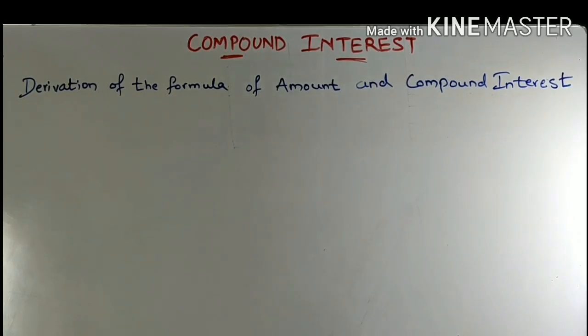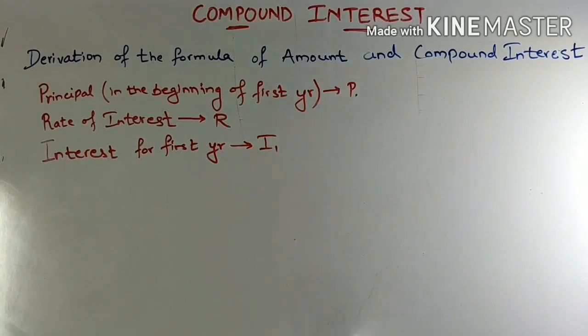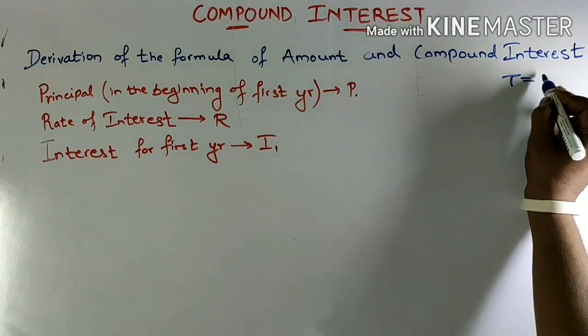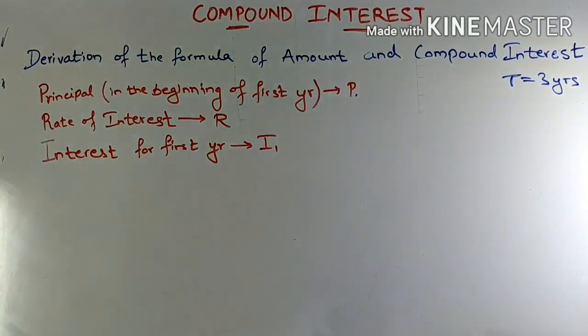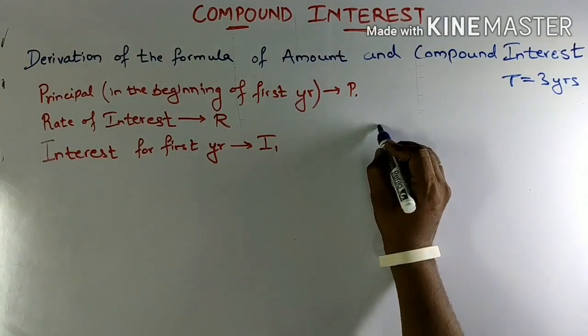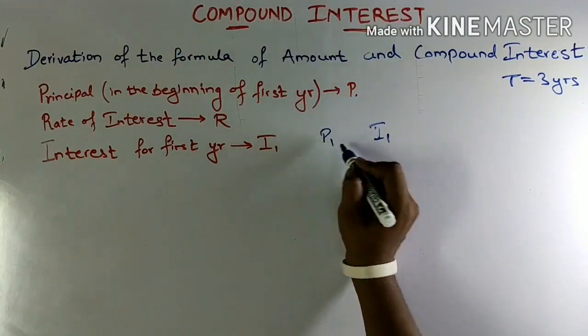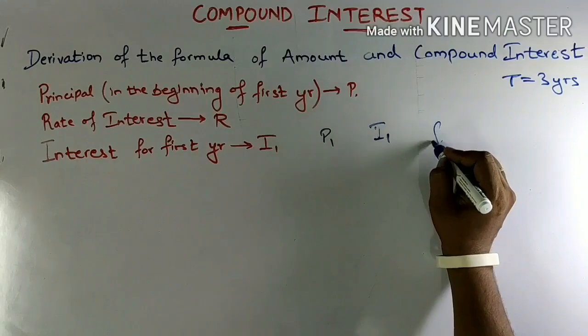So let's begin with the derivation of the formula for calculation of amount and compound interest. So if I assume that I am finding the compound interest for a period of 3 years based on a previous method which we found to be tedious and a very long method to calculate the compound interest, which comprised of calculating interest 1 from principal 1 for first year,